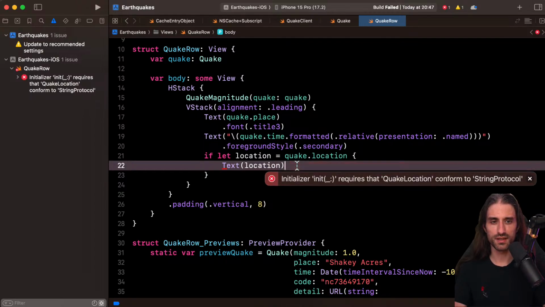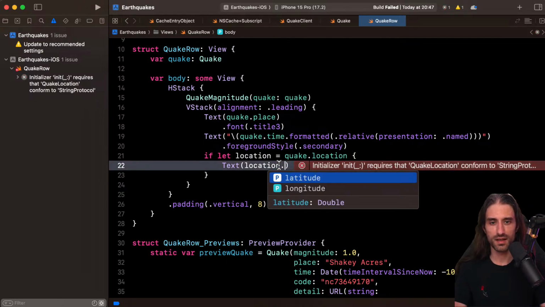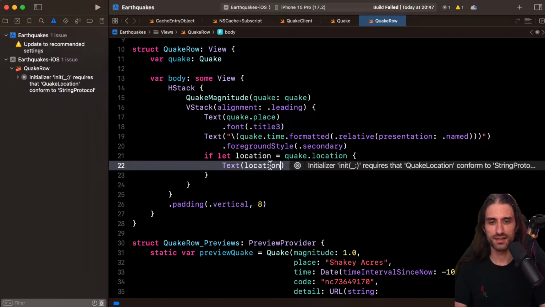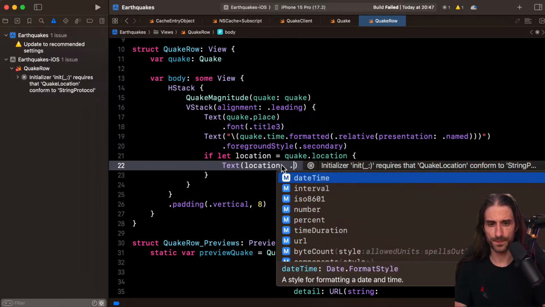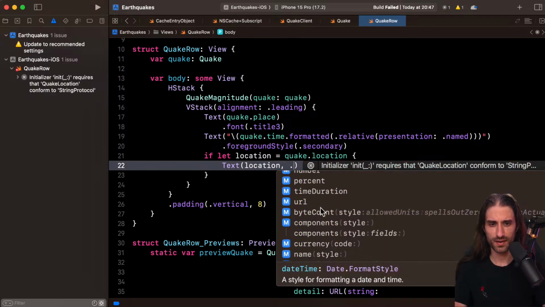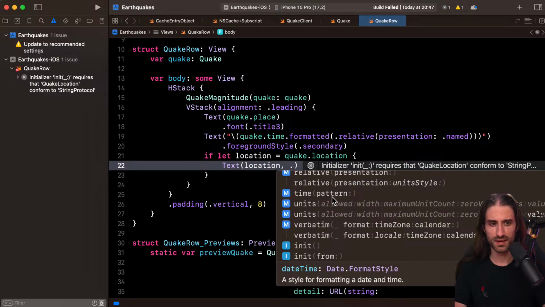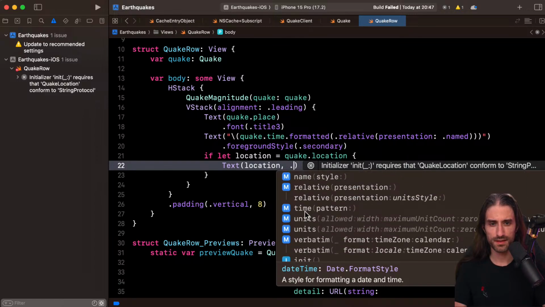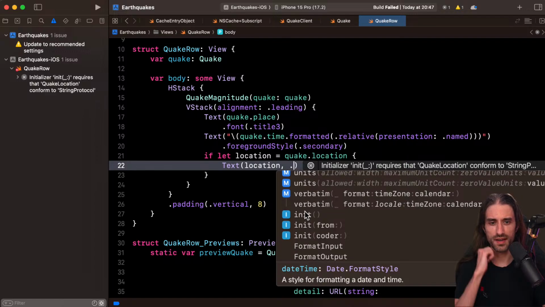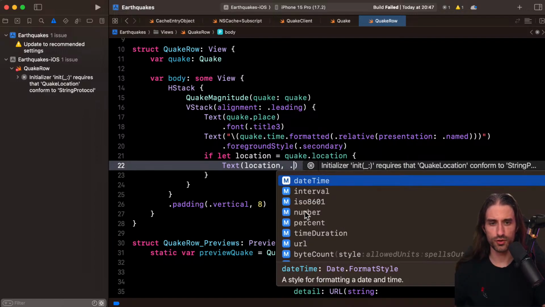Why is it not working? Oh yes, because I need to, okay. So I have the latitude and the longitude. So I need to turn this into a string. Let me see. So I'm looking to see how I can format latitude and longitude.